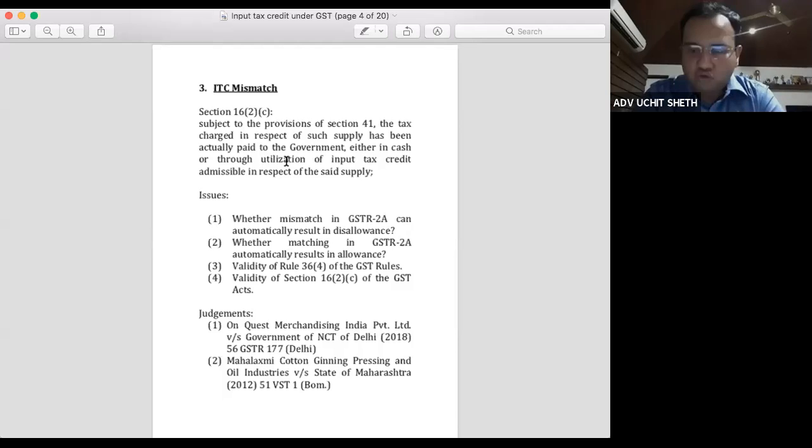We are yet to receive any judgment on interpretation or on testing of validity of the provision under the GST law. But as law progresses, as petitions are filed, then we'll get to know the correct analysis of the provision. But for that, we'll have to wait. For the time being, if they are minor claims, then we have to live with this provision. If our seller defaults, if he is found to be fraudulent, bogus, then we'll have to bear the consequences and we'll have to pay back the amount of credit.